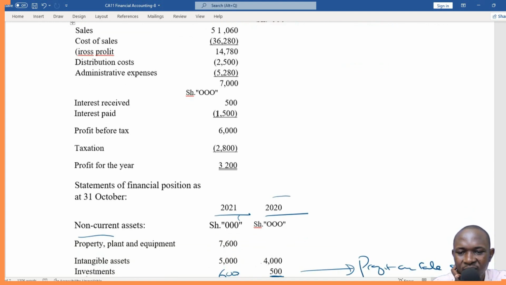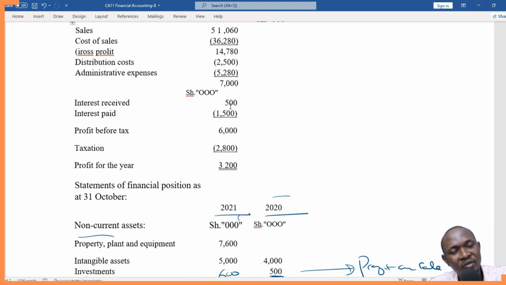Interest received, you can see. And for the operating items, in most cases, especially the non-cash items and non-operating items, just check in the P&L account that will have been given. So interest received 500. Interest received is not an operating item. It is an investing item. So we are going to remove it, and you can see we had added it, and it's true we need to add it under